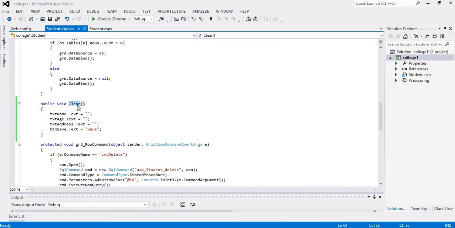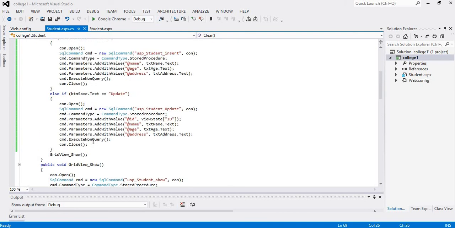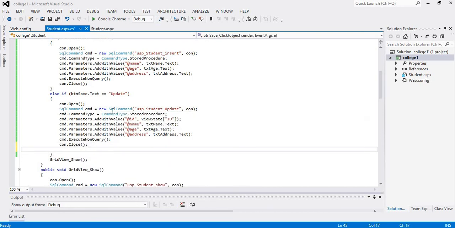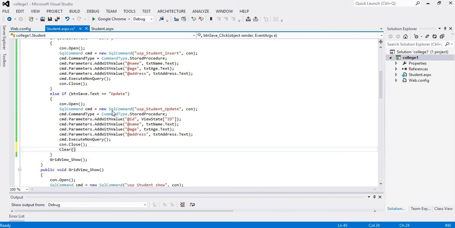Now we have to call this. We will call this function after our update operation is done. Here I will write clear. Let's execute our program.